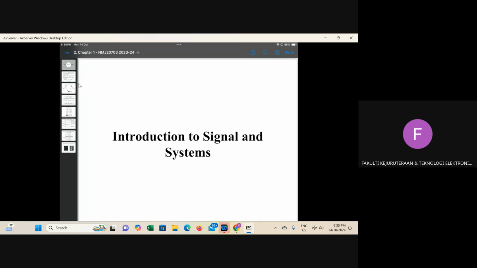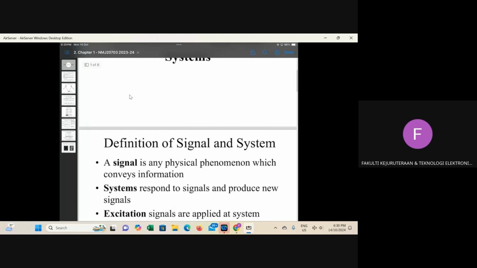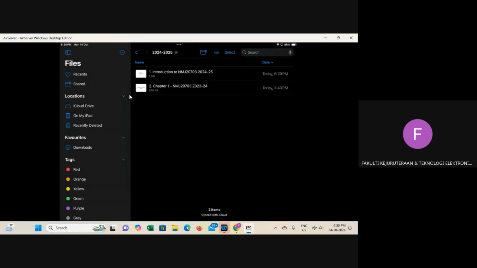Maybe you have heard the term signals and systems. Now we apply it in electronics. This is the definition of signals.